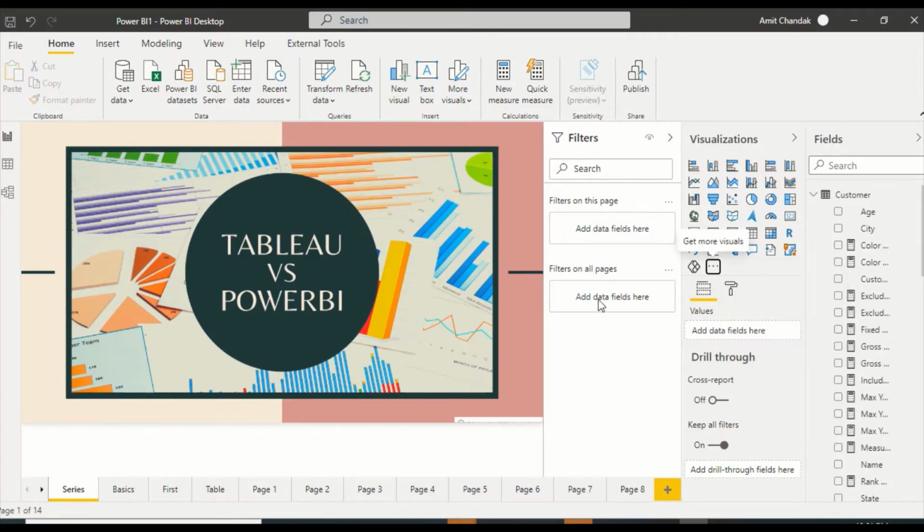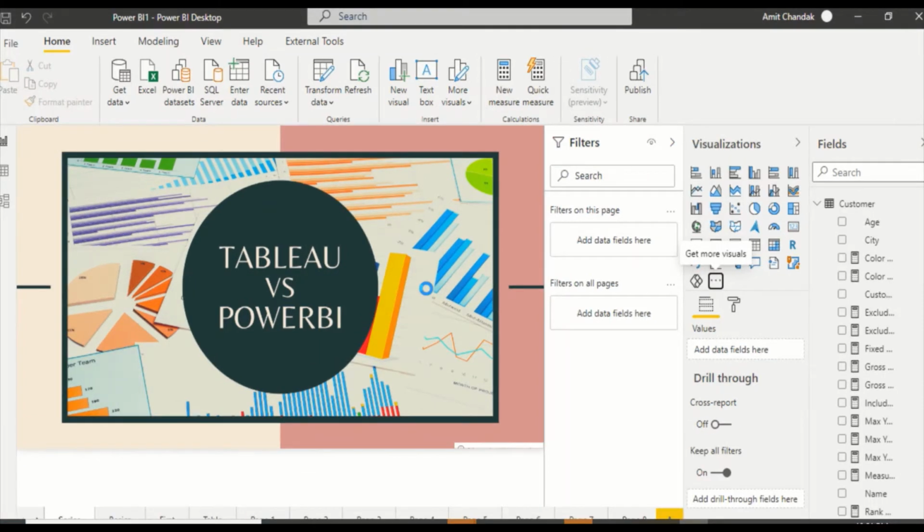So we'll go to get more visuals, and make sure you are signed in at that time, because if you are not signed in, it will ask you to sign in. Once you are signed in, it will take you to the custom visuals. There we will search for play axis and add the visual.